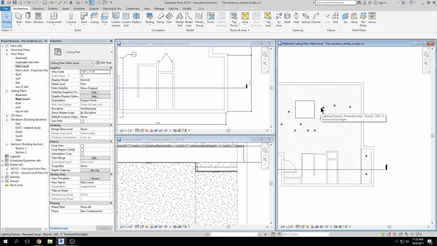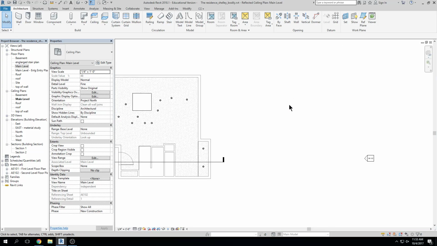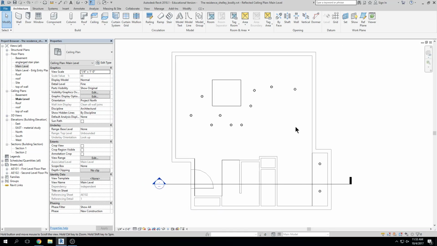So that's how you're going to generate your ceilings essentially, right? You're going to pick kind of where you want the outer boundary to be. You are going to use a combination of walls and ceilings to create soffits. We're not going to use floors with gypsum board on the bottom side to create a soffit. One other thing I want to show you about ceilings before we finish this topic is that within